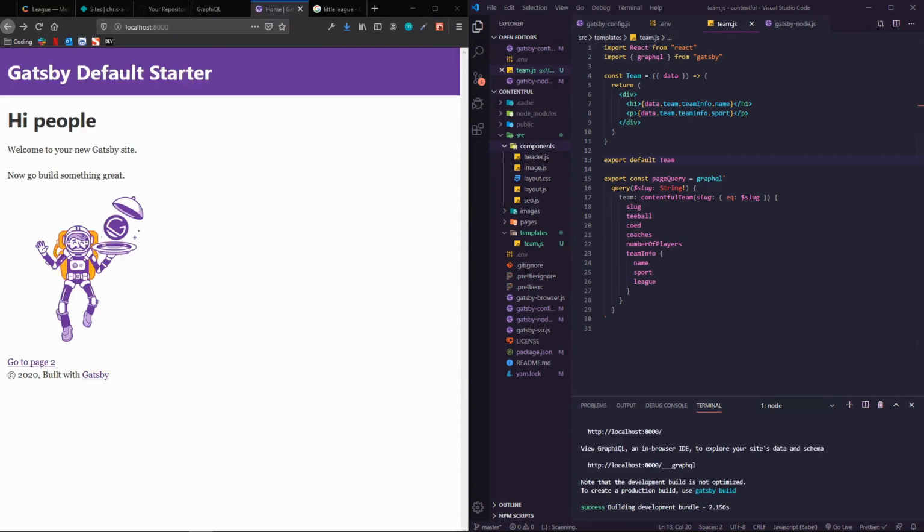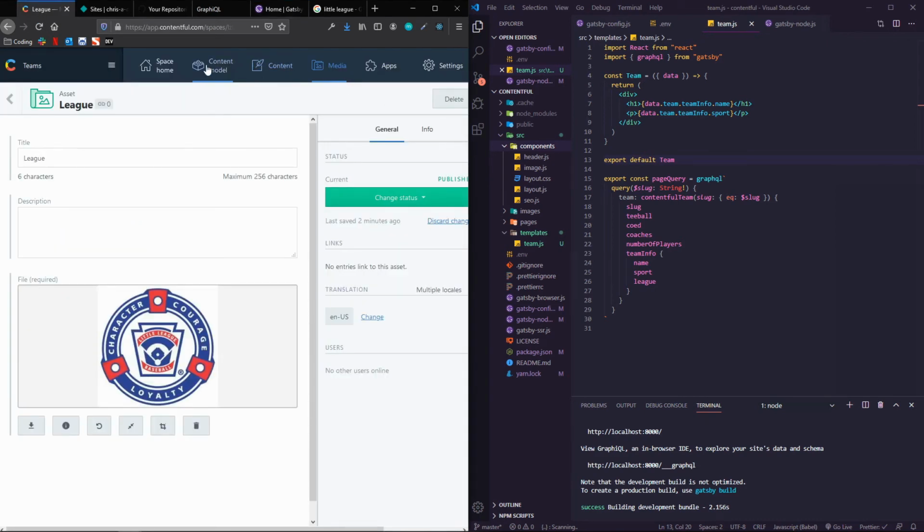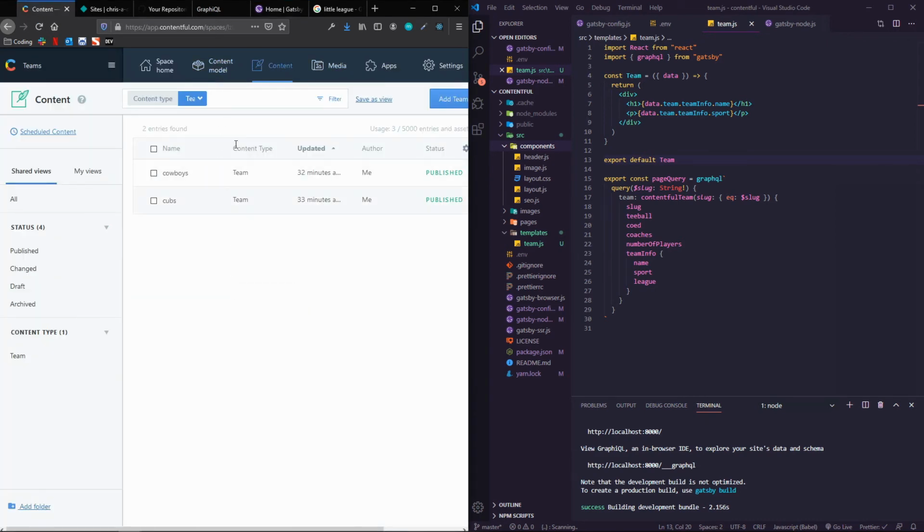All right, and we're back. So after doing a little bit of digging, it turns out a couple of people have been experiencing this error, and some people were suggesting deleting node modules and things like that. But the one suggestion that I saw that worked was going into, so if we were in content, or if you're in content model,